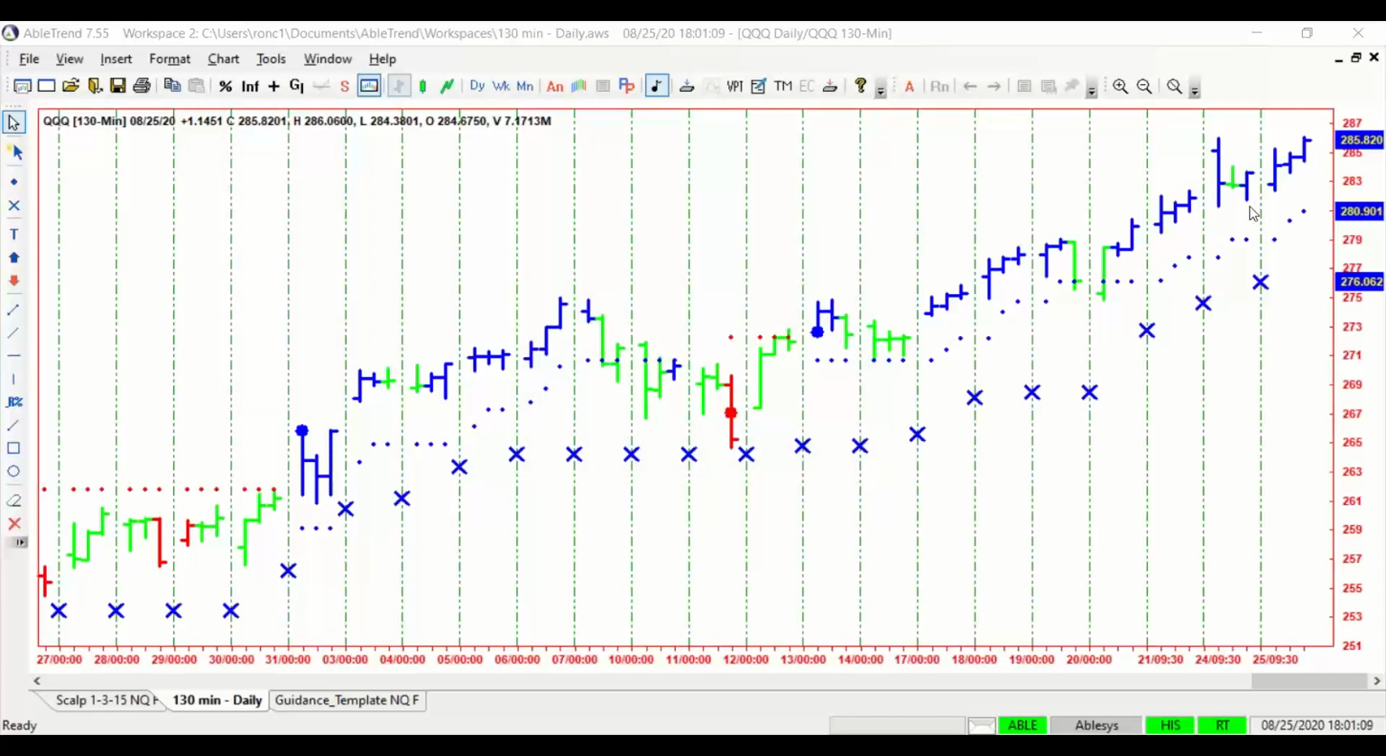So I'm going to start off here with the Cues, and we could pick anything, but it's been really, really good. This 130-minute daily combination chart. Remember, we have to have both time frames in agreement before we take a trade, and it's simply just meaning we have to have blue bars, blue dots, blue X. The X is the higher time frame. It's the daily chart,